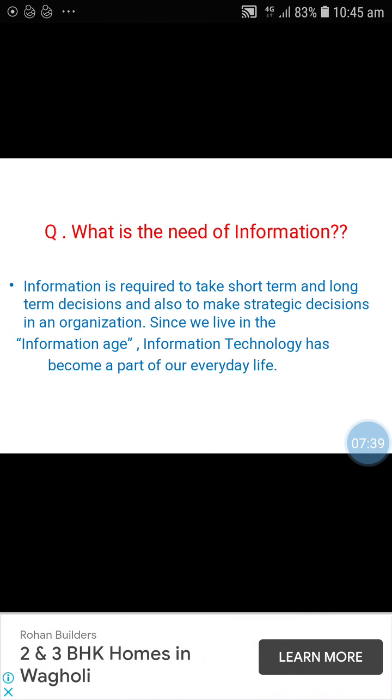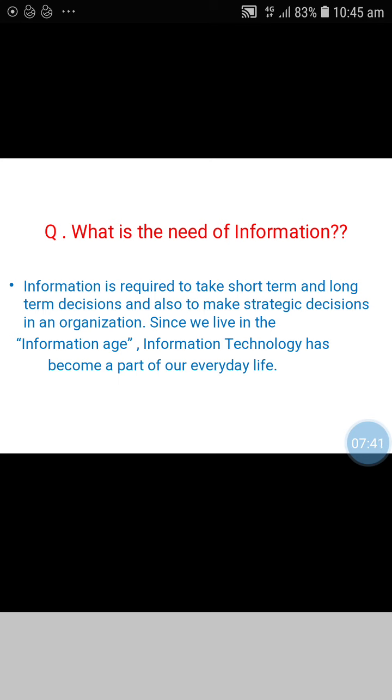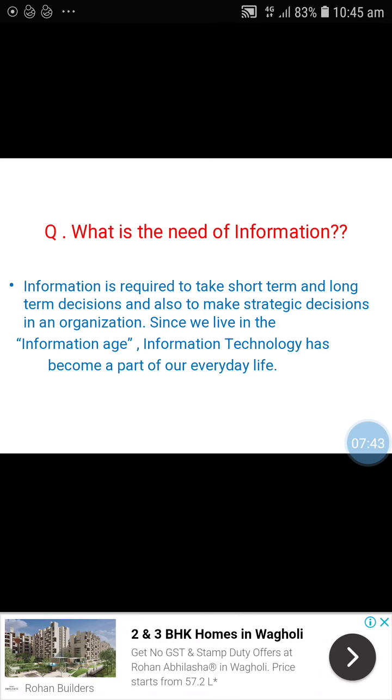Information is required to take short term and long term decisions. This is the most important sentence. Information is required to take short term and long term decisions and also to make strategic decisions in an organization. Okay, what is the use of information?